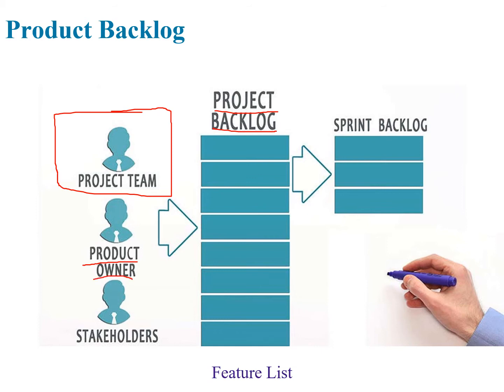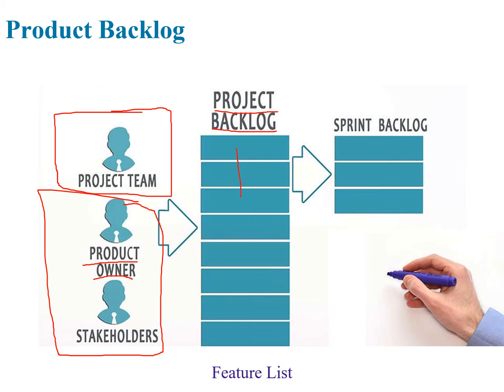So the project team is the Scrum product, we can say that, and also the product owner is the one who represents the stakeholders. Both of these are the stakeholders, and then we also have the Scrum Master, and then we create the project